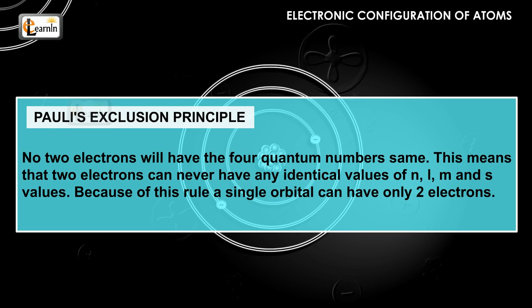will have the four quantum numbers the same. This means that two electrons can never have identical values of n, l, m, and s values. Because of this rule, a single orbital can have only